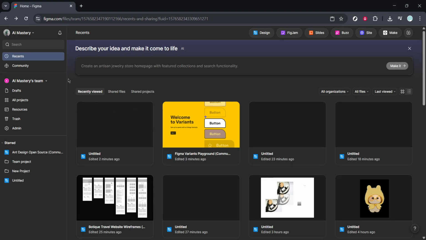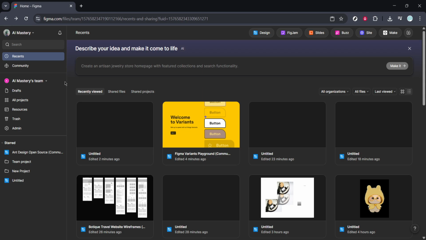In today's video, I'm going to teach you how to get a Figma Access Token. Access tokens are incredibly useful for developers and power users who want to connect Figma with other applications, automate tasks, or build custom integrations using the Figma API. They act as a secure credential, allowing external tools to interact with your Figma files and resources without needing your full login details. Understanding how to generate and manage these tokens is a fundamental skill for anyone looking to leverage